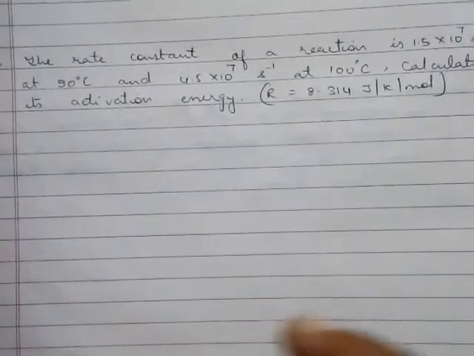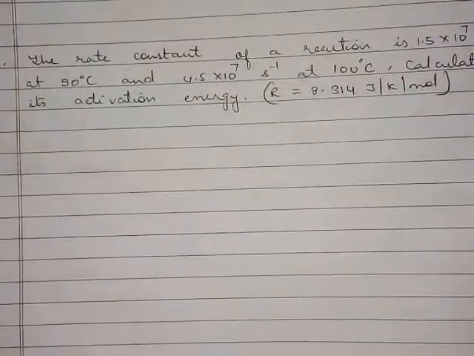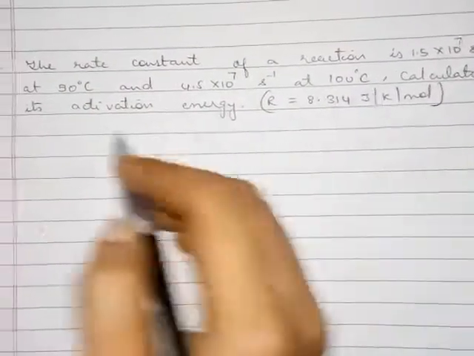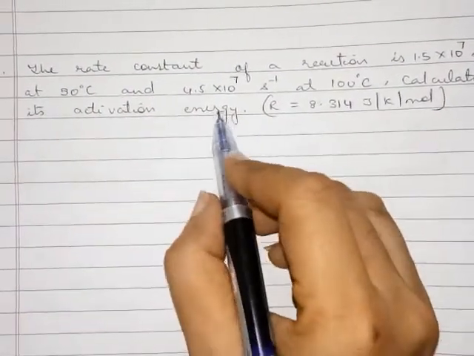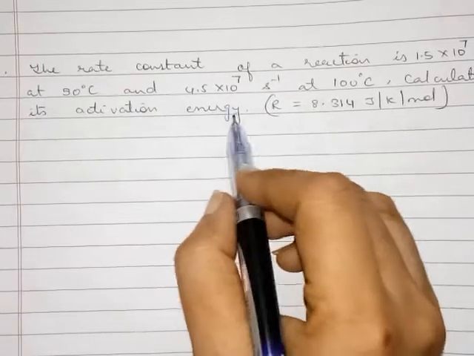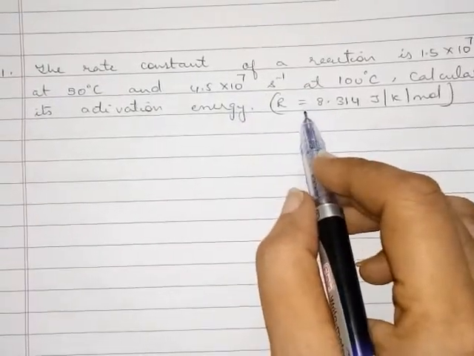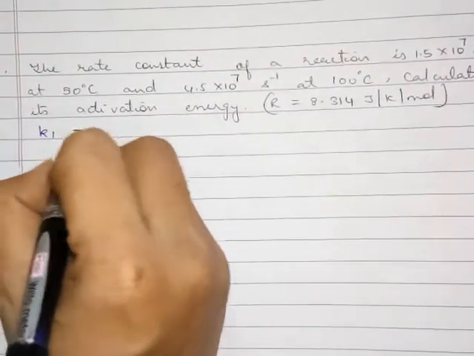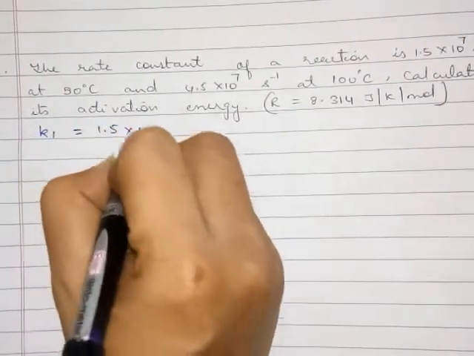The next question is, the rate constant for the reaction is 1.5 × 10^7 second inverse at 50 degrees and 4.5 × 10^7 second inverse at 100 degrees. Calculate its activation energy. तो K1 इनिशियल रेट कांस्टेंट है 1.5 × 10^7